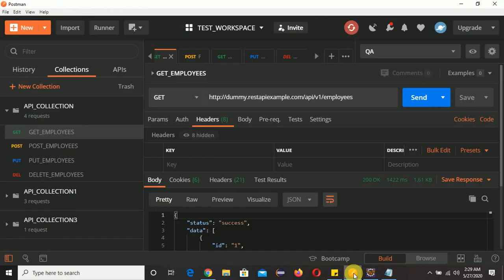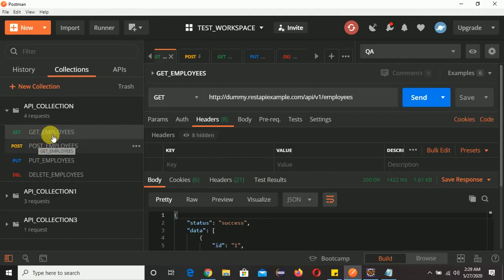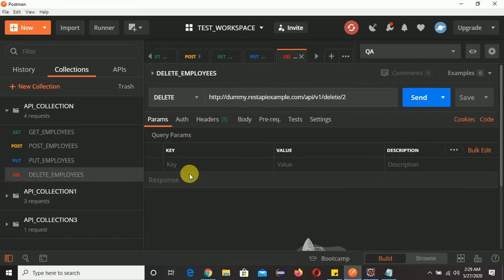So let me open Postman. You can see here I have already copied all the details: get, post, put, delete, and accordingly the URLs. I have created 4 requests and copied the URL for each. If you are not getting this, I have already created 17 videos for the Postman tutorial.